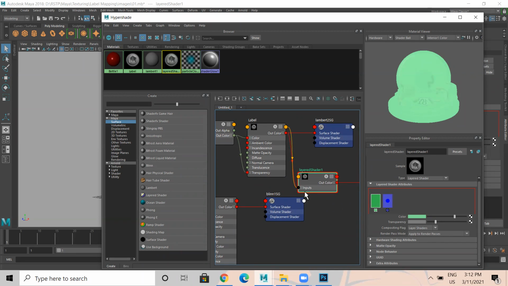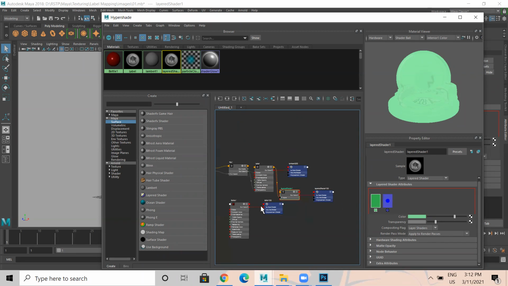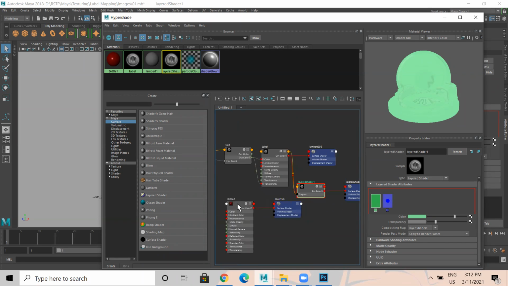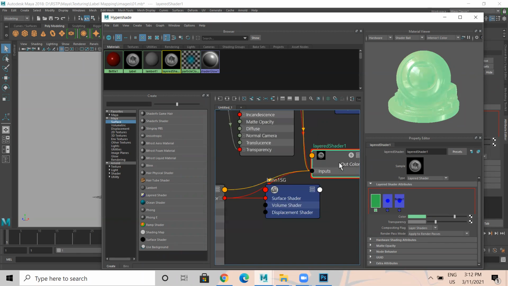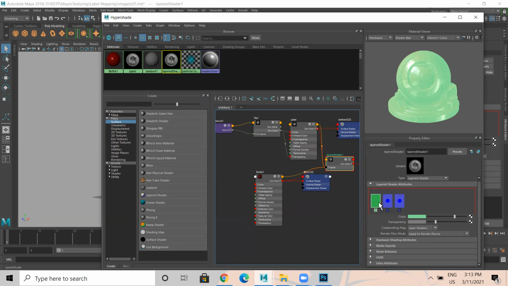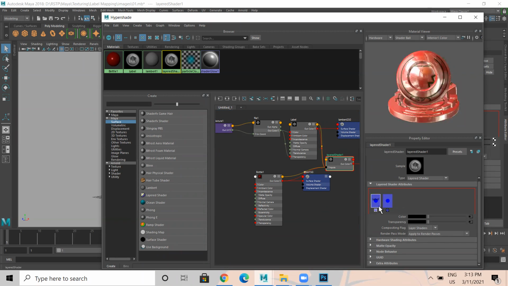This connection will automatically be generated here. Then the bottle is there. Middle click on the bottle, drag and drop to layered shader. Basically, you have to select layered shader first. Make sure your selection is on layered shader. Then middle click, drag and drop. Then you remove this green tab.